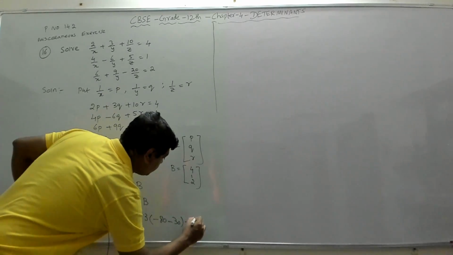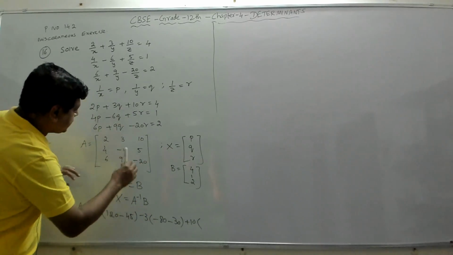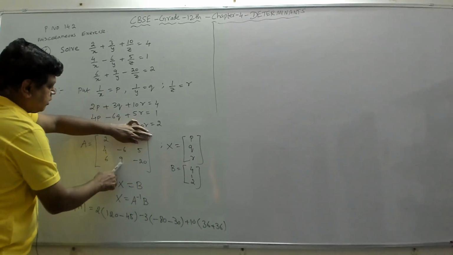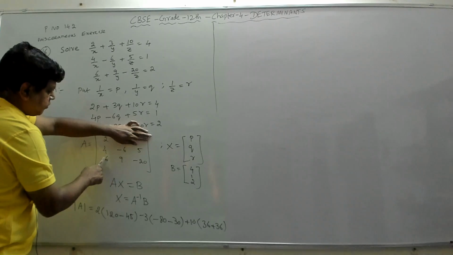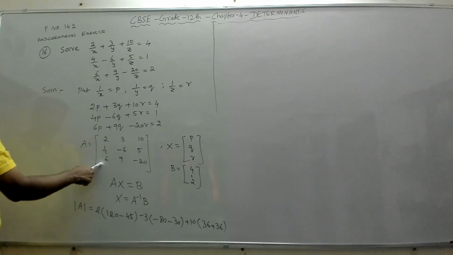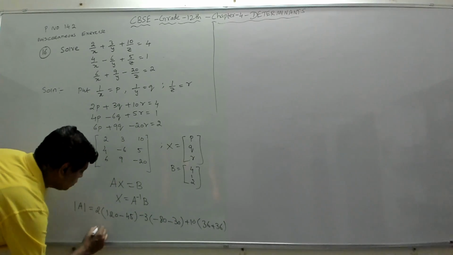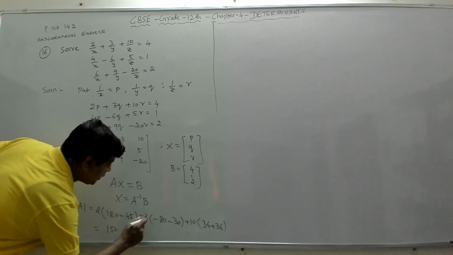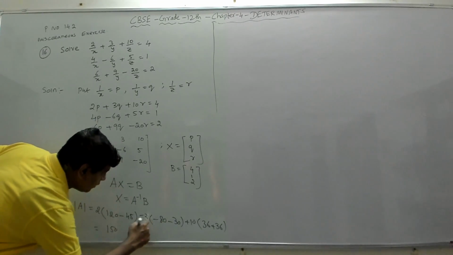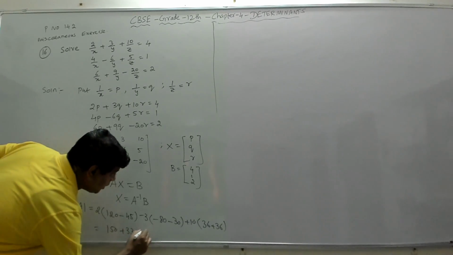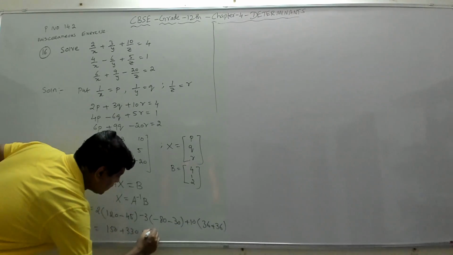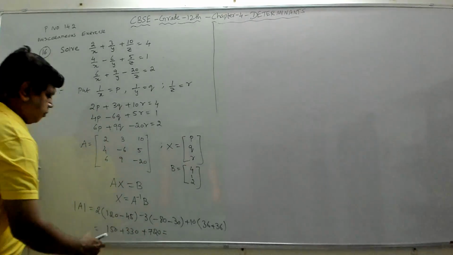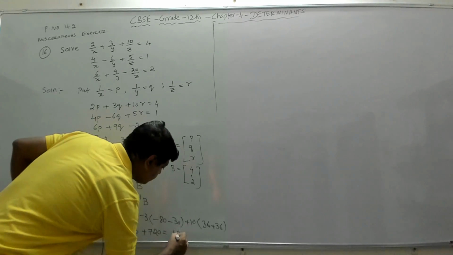Then plus 10 into, close this particular row and column, 36 plus 36. Minus 6 into minus 36 is plus 36, so 36 plus 36. So this will give you 120 minus 45 is 75, into 2, 150. Then minus into minus is plus, 110 into 3 is 330. Then plus 72 tens are 720. So if you add all of them, we get 1200, which is not equal to 0.